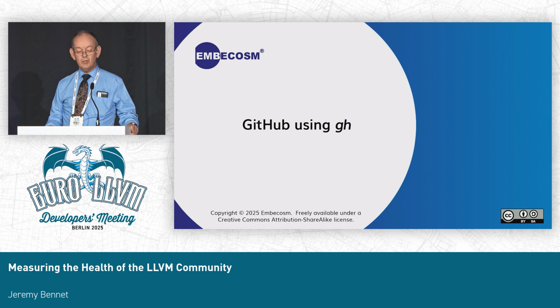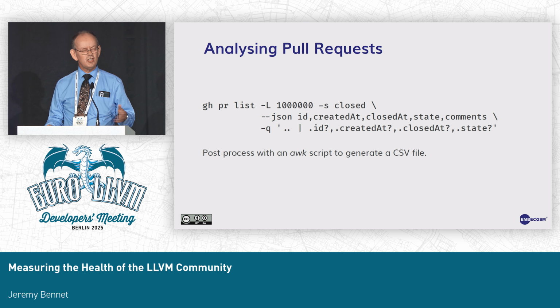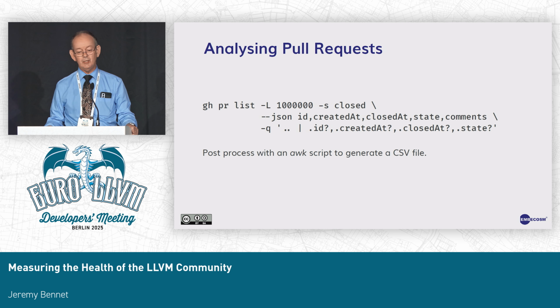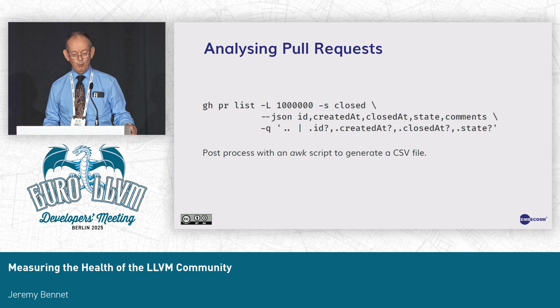And let's move to GitHub itself. There's a command line tool, GH, and I'm only going to show you one example here because I've shown the general principle. Here's a little script. We spit out all the pull requests that are in the closed state, and we'll spit them out as JSON, and the -q option is piping them into the jq tool to extract the data in a bit more compact way,